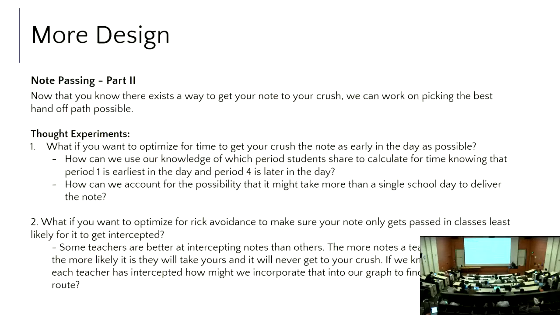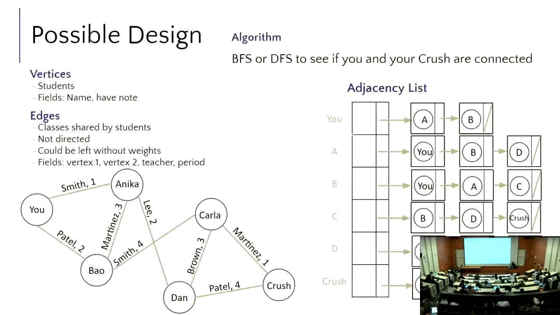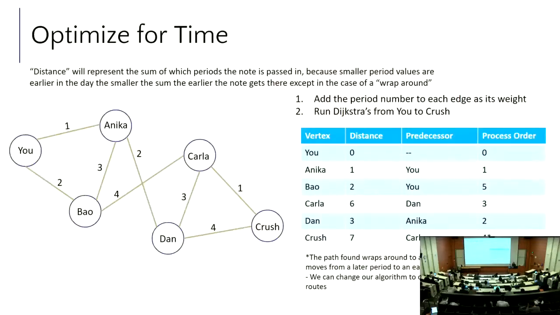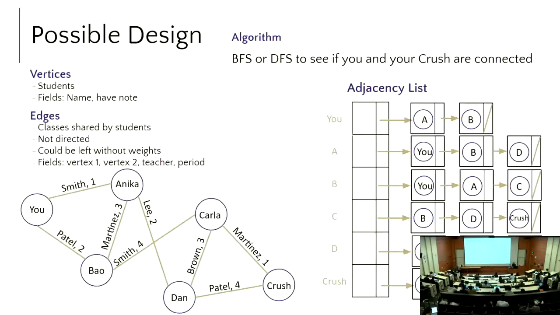So here's a drawing of what it might look like based on that picture, and here's what the adjacency list might look like as well. So you can kind of see those things all sort of shaken out. I will show you the last bits of this just in the interest of time, but I'll let you read these things. One other thing I did is, as part of this question, once you have the graph, I